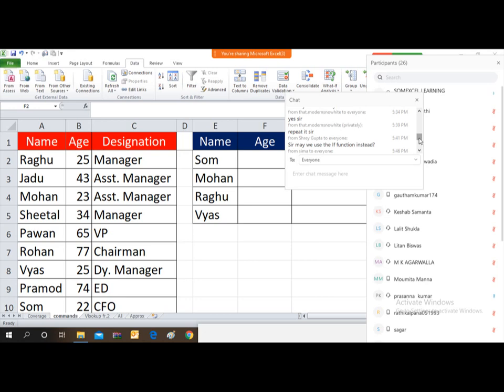So before closing your working file, you have to save the database file from where you have used the VLOOKUP. Unsaved file को पहले बंद करना पड़ेगा, सेव करके क्लोज करना पड़ेगा, then you will be able to close your working file. So this is just the logic behind it. So first जो भी अनसेव फाइल होगा उसको सेव करके आप बंद करो, तब आप इस फाइल को क्लोज करो।